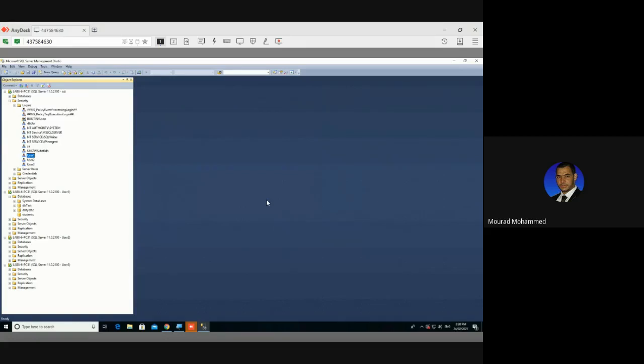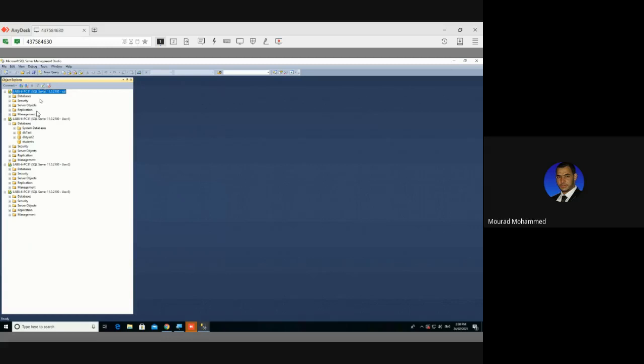Okay, giving him some roles, and mostly the DB creator. Let me refresh. Okay, I refreshed this entry. Let me open the database students. It is opening now. It is working very fine. Let me check the tables. It is working very fine. It is running without any issue. So we managed to map user one to be able to run the database